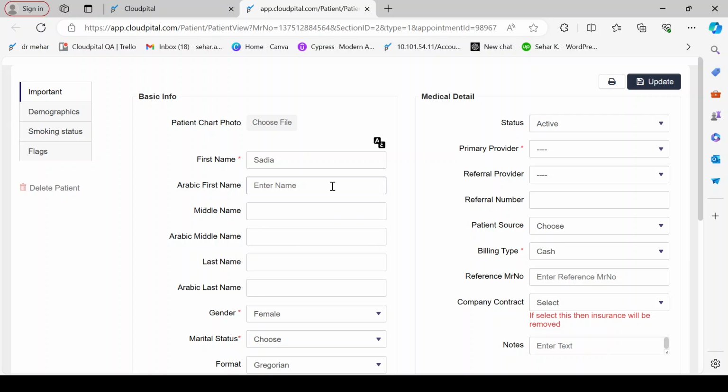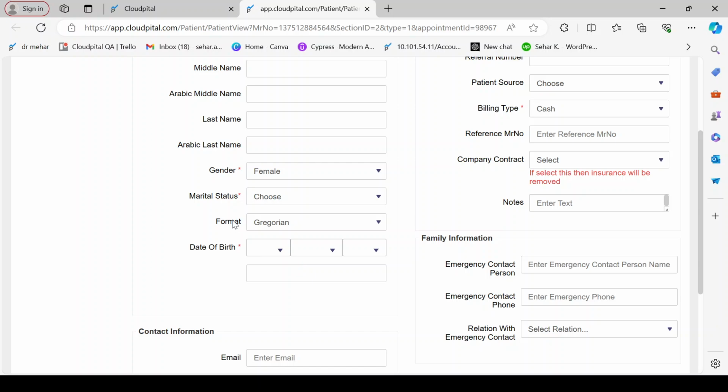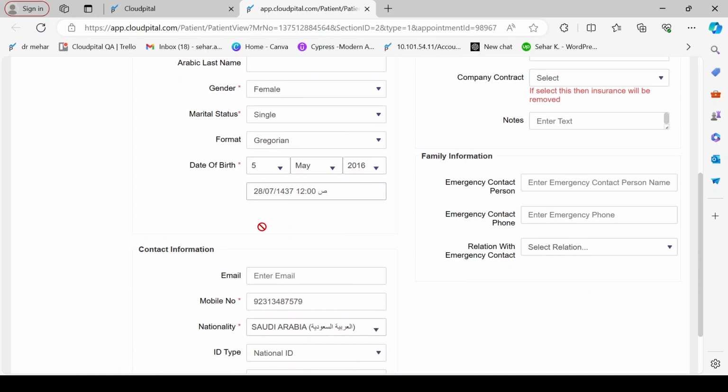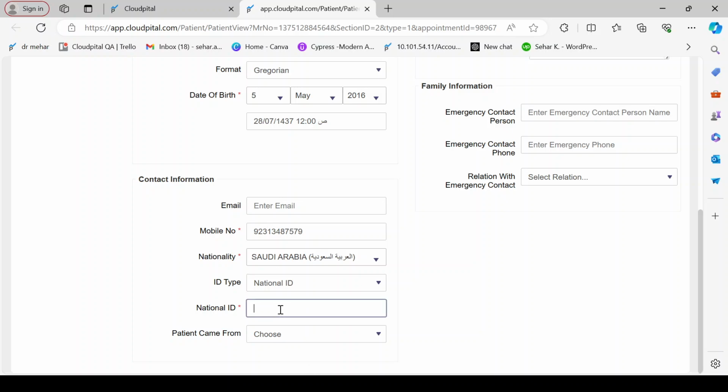Here we have to add some other data, like what is the medical status. By the way, all this data is setting based. Some clinics say we do not want date of birth, or that the marital status of the patient is mandatory for our clinic. So we can change it to mandatory or unhide it from our branch setting. In the business unit setting, we can change all these options as well, like which option is mandatory and which is not.